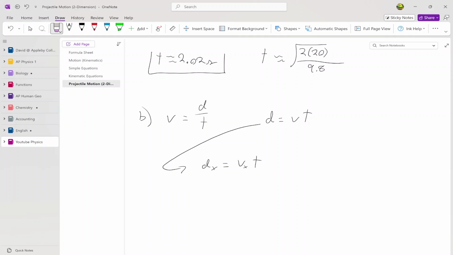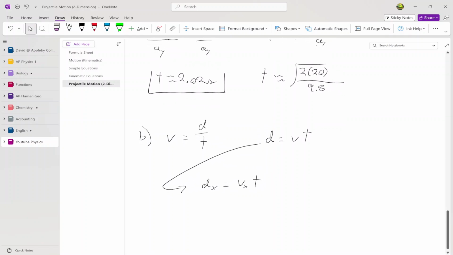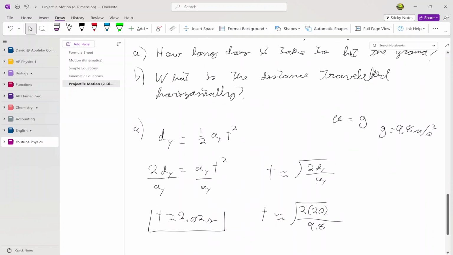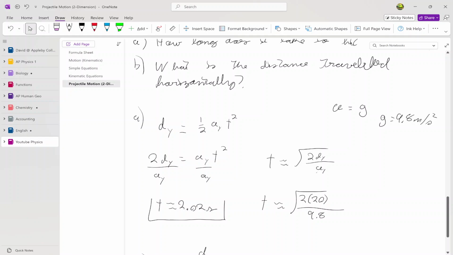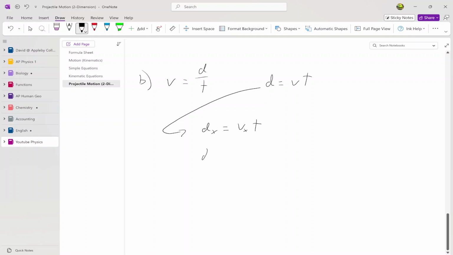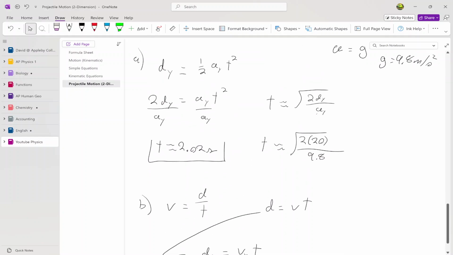Most of these will be in the x dimension, except time, because remember, time is universal and time is the bridge between many different things in the future. Time is a beautiful thing. So the horizontal would be 5 times 2.02. Remember, time is the same for everything because